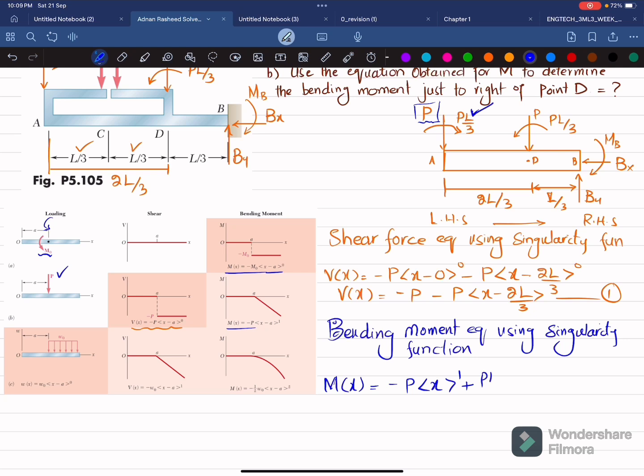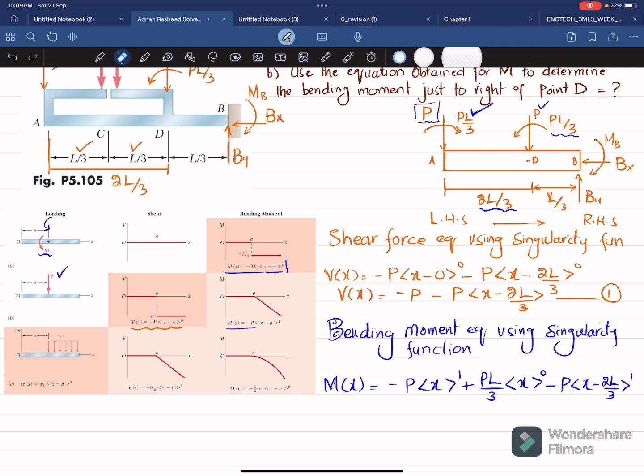So PL over 3 into x minus 0, because a is equal to 0 for this movement. So it will be having power 0. You can check it over here. The third load is this point P, and this is downward. So minus P into x minus a, for this a is 2L over 3, so minus 2L by 3 power 1. And the last term for this movement will be PL over 3, and this is